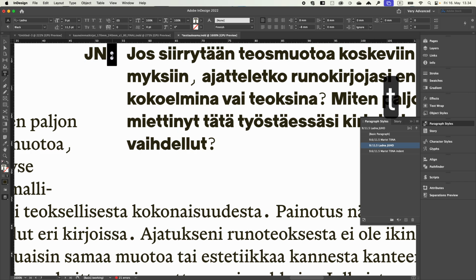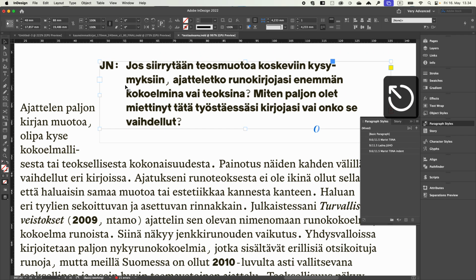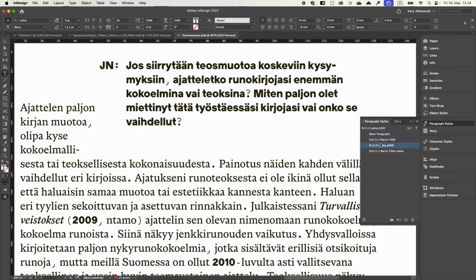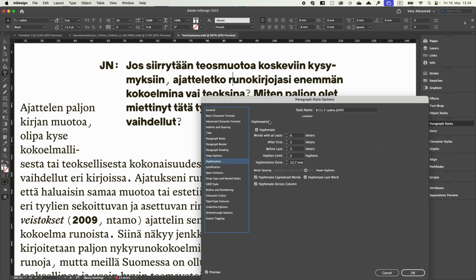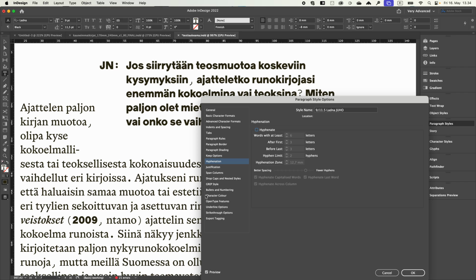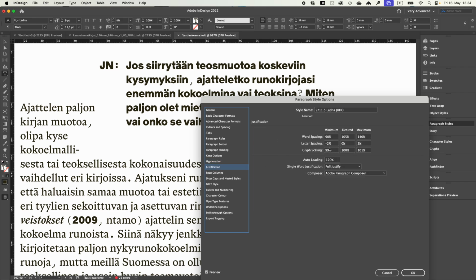Maybe, yeah. Oh, and then for this I want to get rid of hyphenation altogether because it's just a question. Justification. I think here, look at this word space, in my eye, this is quite small,